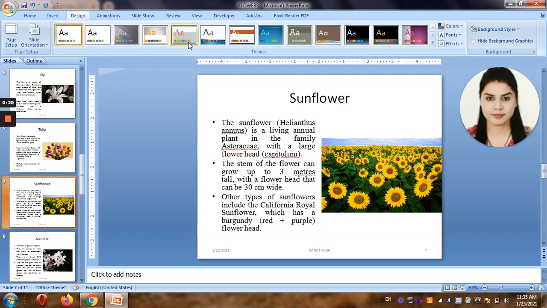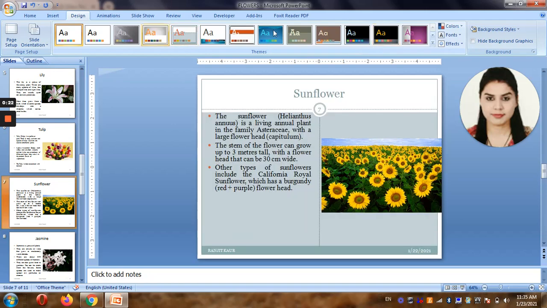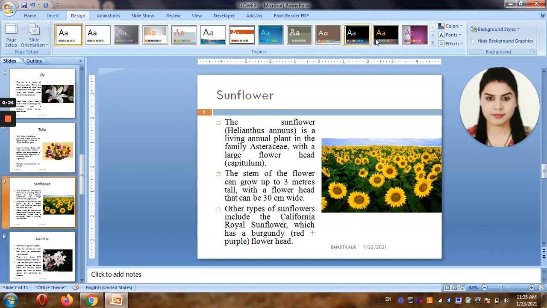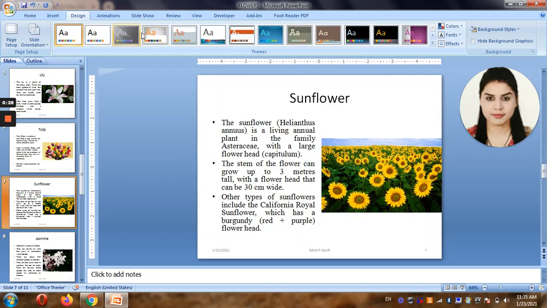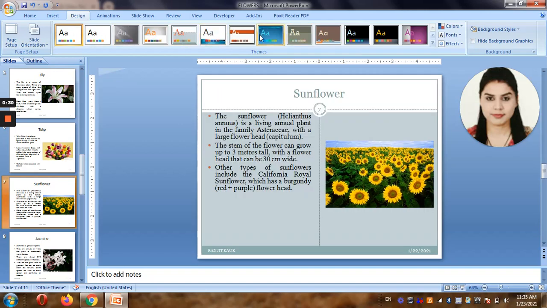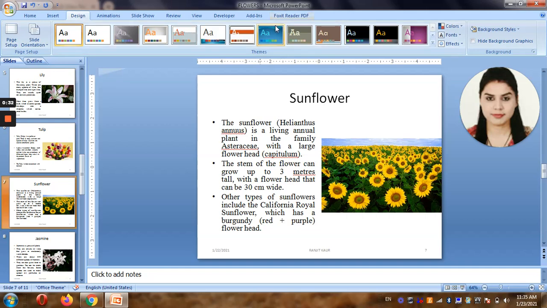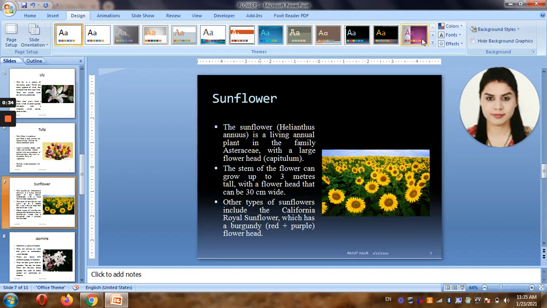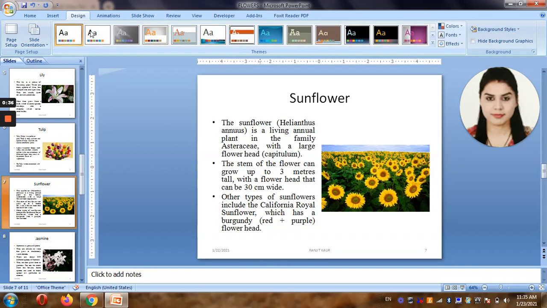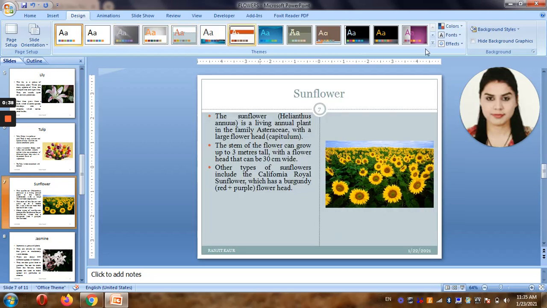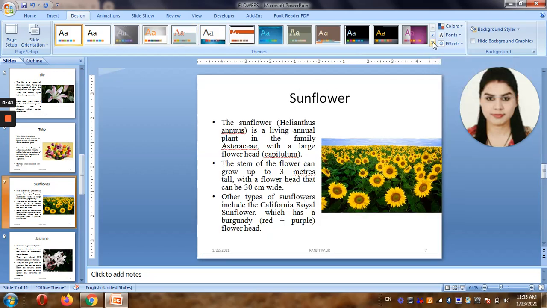From here you will get so many options which are predefined. I don't have to worry over anything. You can see as my cursor is moving over these designs, the presentation below is changing and getting a new look. You can select any one that you like, and if you want more, you can click on this particular area which says more,